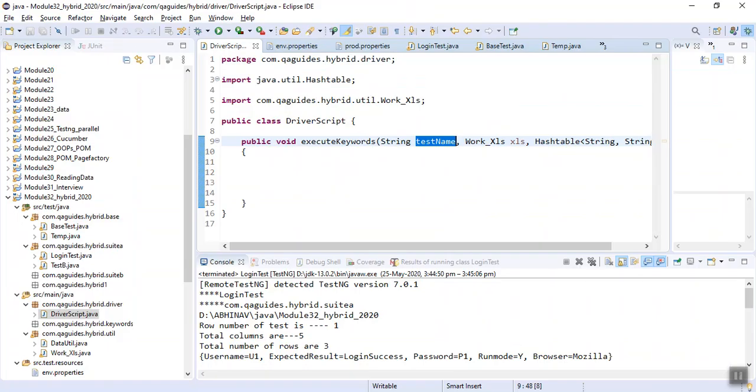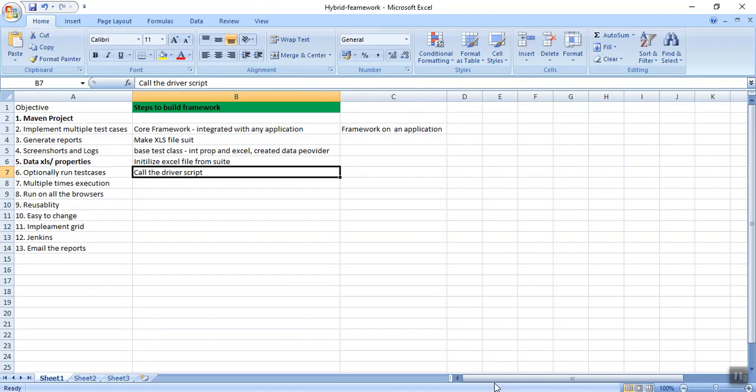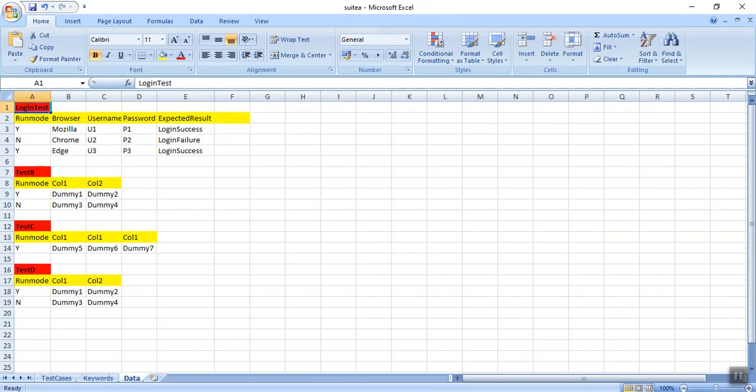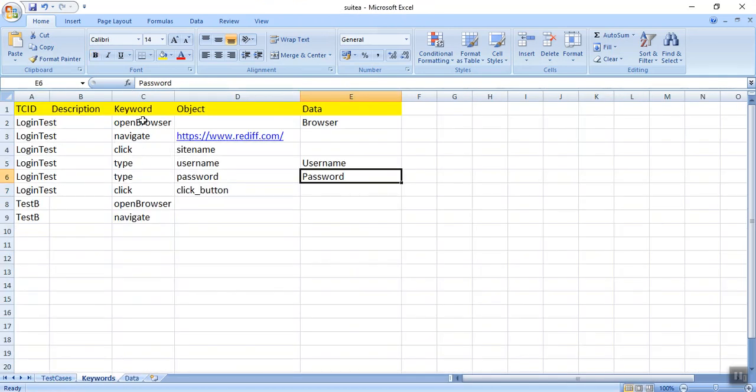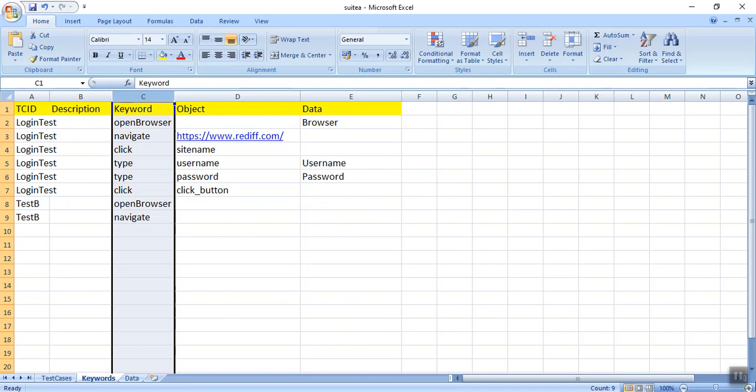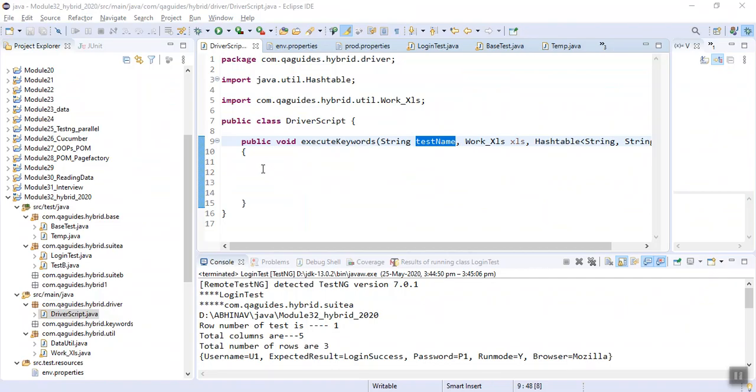Now this driver script has to read the keywords from our suite A keyword file. From here we need to read all the keywords. So the first function I will use is to find the total number of rows in our keyword file.